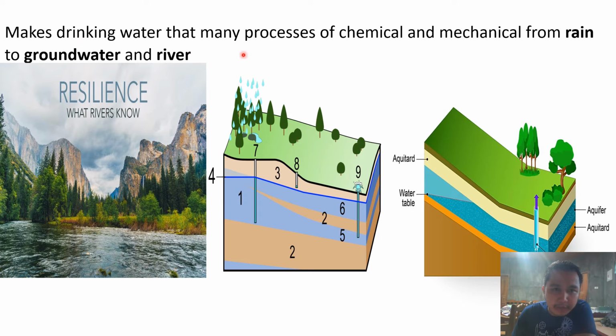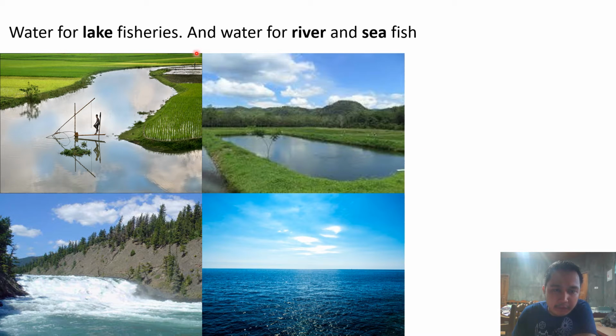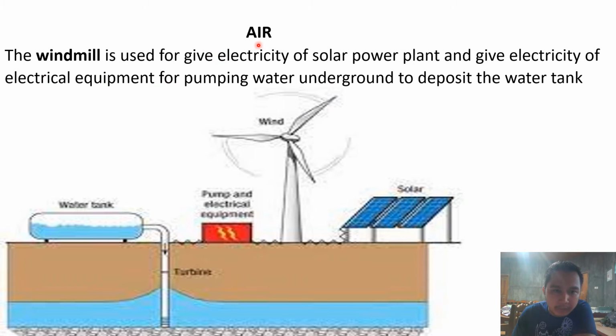Mixed drinking water goes through many chemical and mechanical processes, from rain to groundwater and river. This is a river and this is groundwater. Water for lake fisheries and water for river and sea fish. This is a lake and river, ocean. Here,